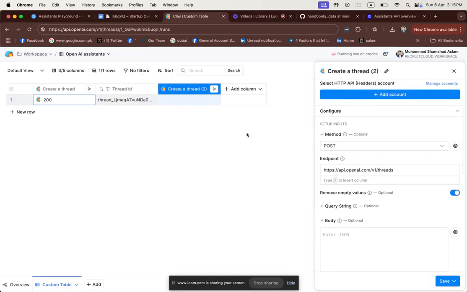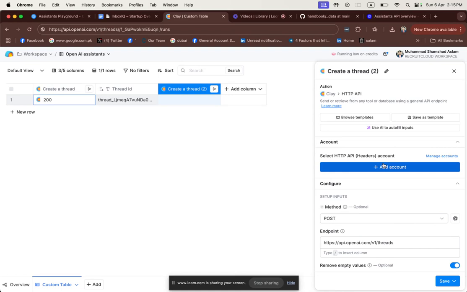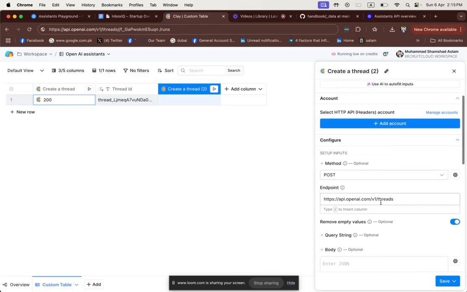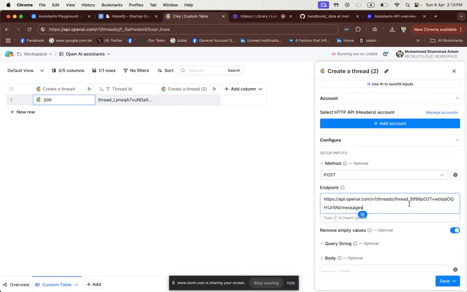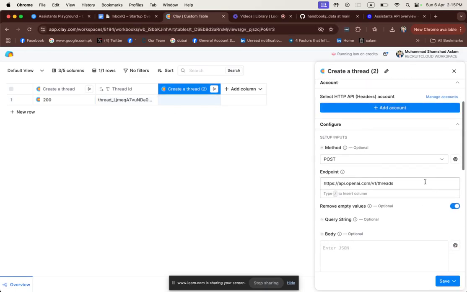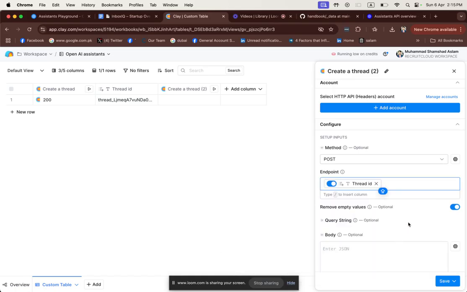So now I have just duplicated this one because I want to avoid passing these headers again and again. But what you can do is you can just set these headers here, and then you can select them. This will help you avoid adding these headers again and again to save time. So here in the threads, I will just paste that one, and for some reason it is not letting me select the thread. Okay, I need to pass this thread that came here, and